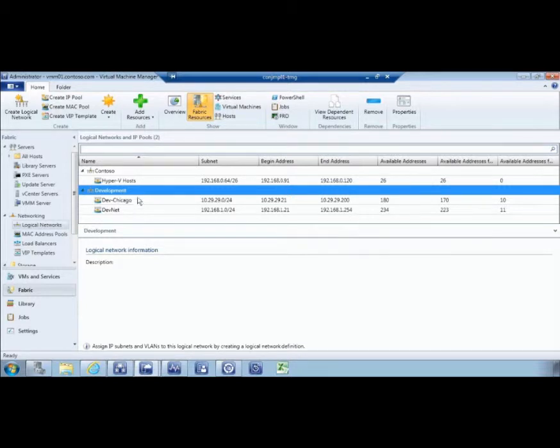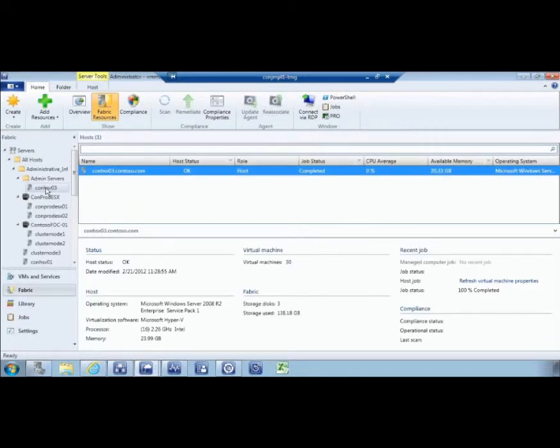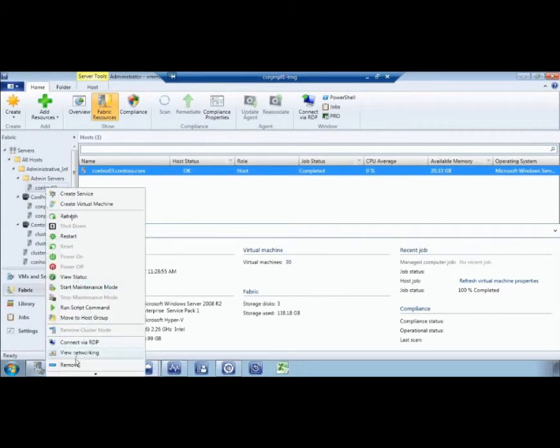So I've created these different logical networks. To use them, I need to attach them to things. I'm going to show you later on how to attach them to a cloud, but right now, I want to attach them to particular hosts. So I have these different hosts here, like this Con HSV03 host. And if I right-click on the properties of that host,